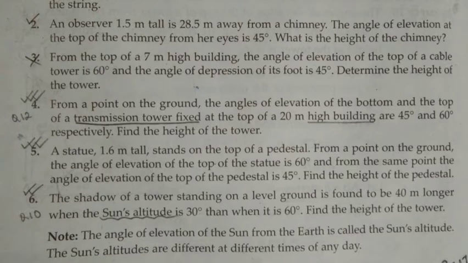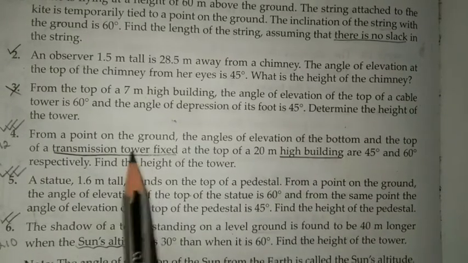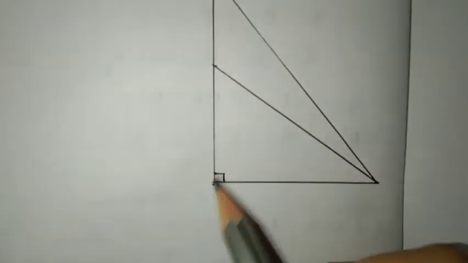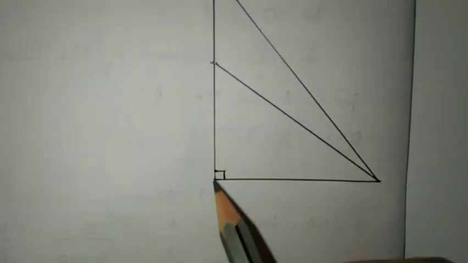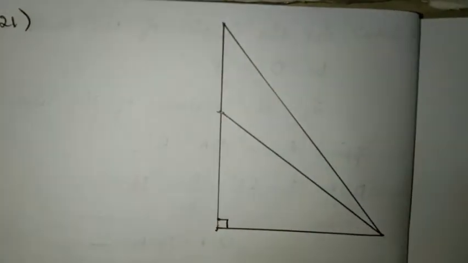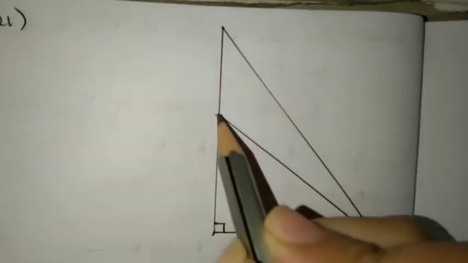Now, how do we know these are type 3 questions? If you look over here, you can see that there is a building and on top of the building you have a tower, right? So that means the diagram will be of this shape. This much is the building. This is the building, okay, and on top of it you have the tower, okay. So whenever you have questions like these, just remember it's of type 3 and the diagram will be like this,